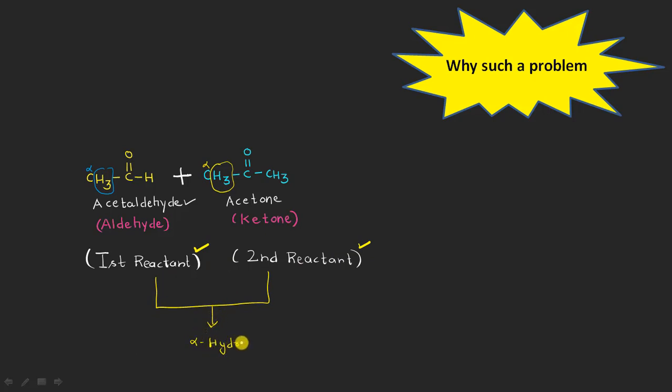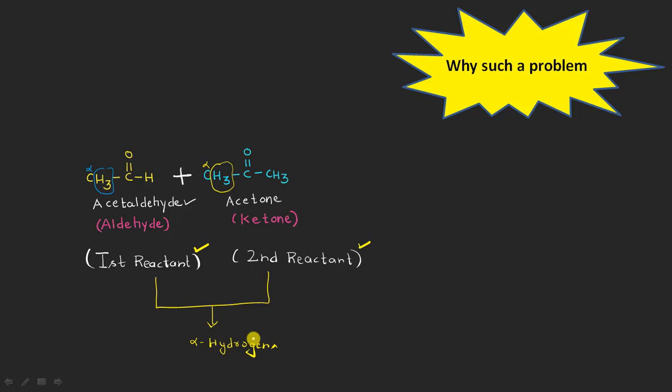Both are having their own alpha hydrogen atoms. So obviously this gives a possibility of 4 different types of combinations, 4 different types of nucleophilic electrophilic interactions. Why am I saying nucleophilic electrophilic interaction here? I have already discussed this in the mechanism part, because